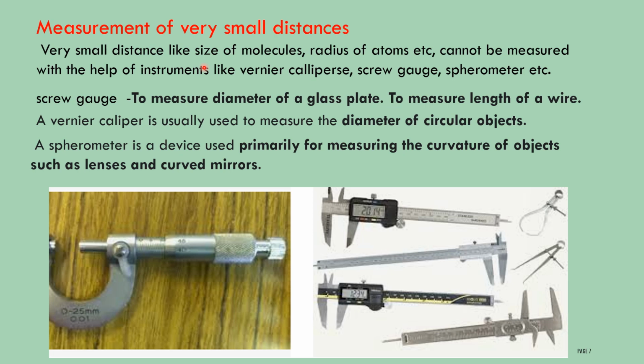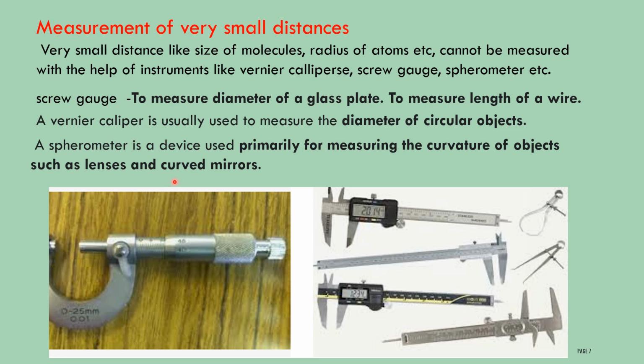We can't measure this using vernier calipers, screw gauge and spirometer. The screw gauge is used to measure the diameter of a glass plate or the length of a wire. Using a vernier caliper, we can measure the diameter of a circular object. A spirometer is used to measure the curvature of objects such as a lens and